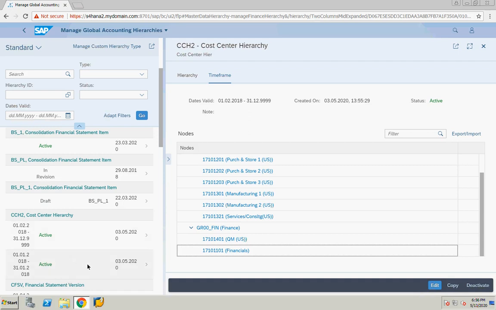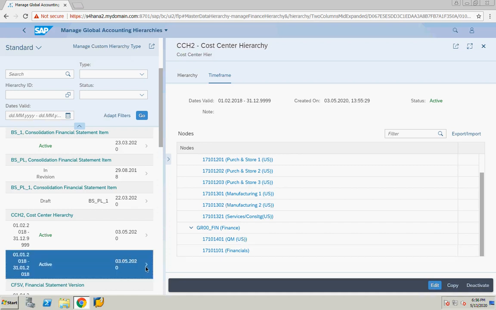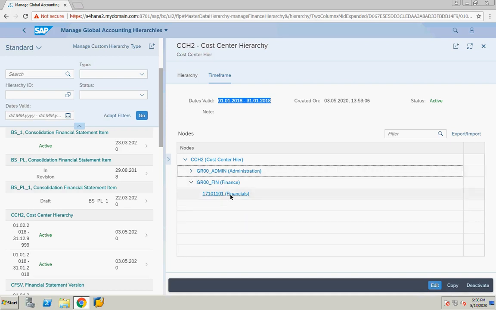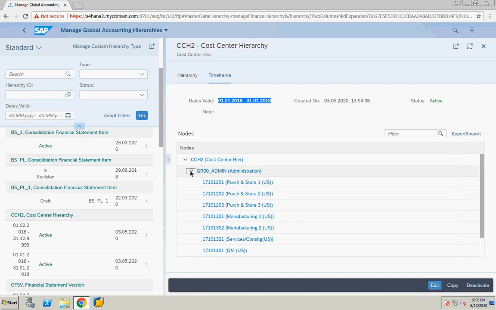For example, when I am displaying the report, if I give the key date as 15th January 2018, then the system will go with this first hierarchy. It will check whether the key date falls between these two dates. 15th January 2018 comes between these two dates. So that's why in the finance node, the system will display only one cost center.